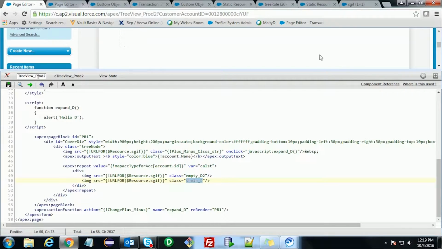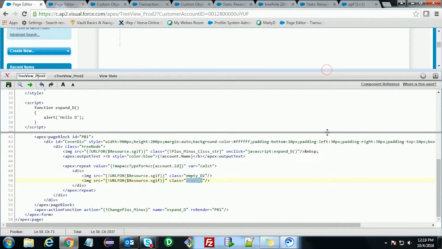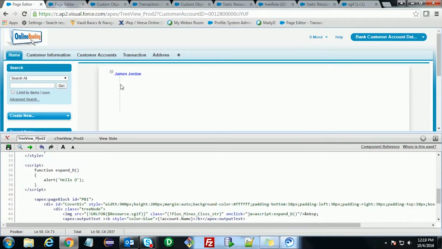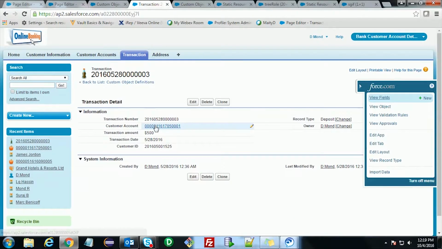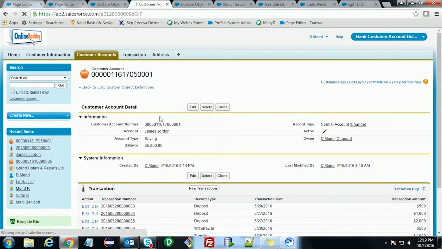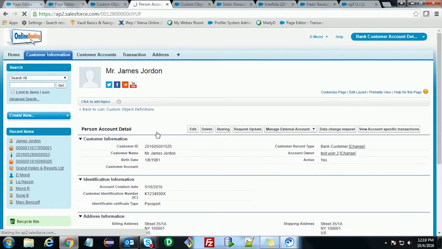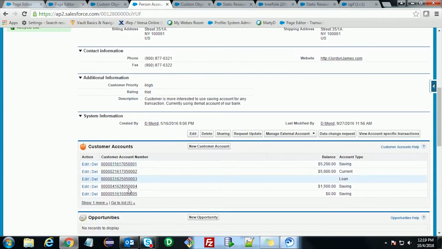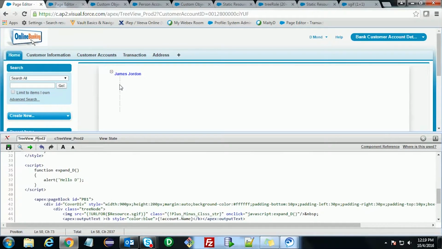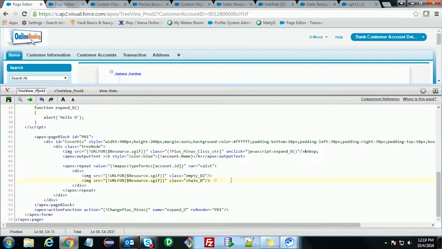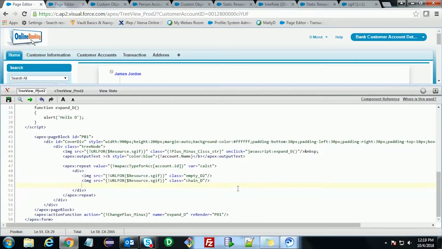If we save it, we can see a very nice structure has started to be created. So with the gap, this empty d, one chain has been defined. Now if you see, for this James Jordan there are 6 accounts, so it has been iterated 6 times and it has placed 6 chains. Okay,